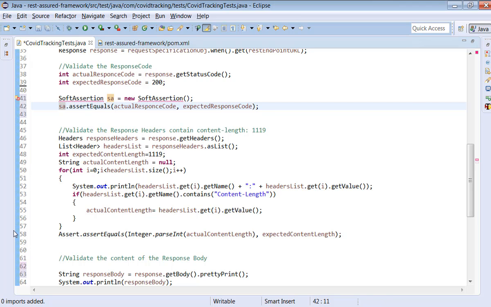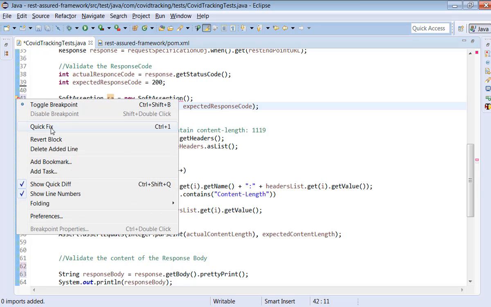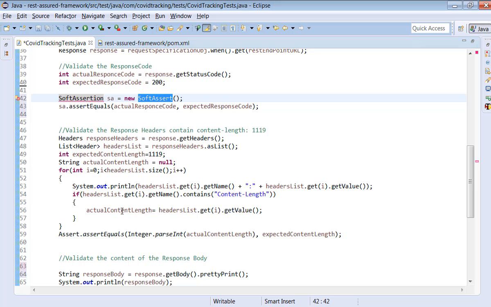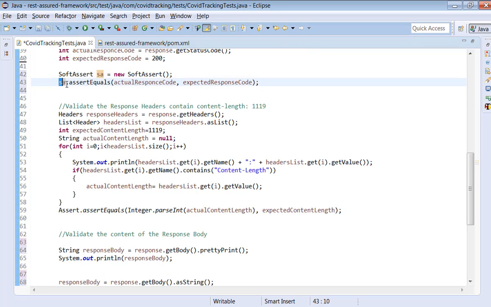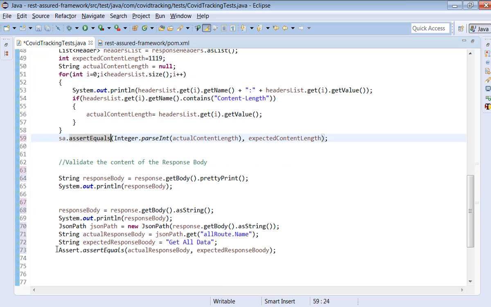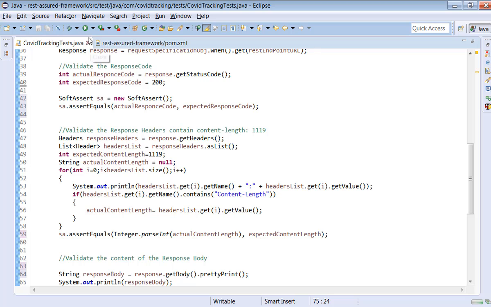If you remember the concepts of TestNG, if you want to validate multiple checkpoints and multiple validations as part of one test case, you have to use soft assert. It will be helpful for you to validate multiple validation results, right? See here, SA dot. Copy this, put it here. And finally, we call SA.assertAll to validate all the assertions. If all the assertions pass, like response code, response headers, response body, the test case will pass successfully.